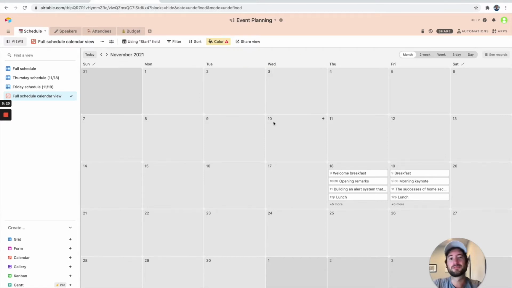Later on, I'll kind of explain all the differences between the free and the Pro version of Airtable. You can do a lot in the free version. At some point, there's things that make upgrading worth it, but for now, we're just going to be in the